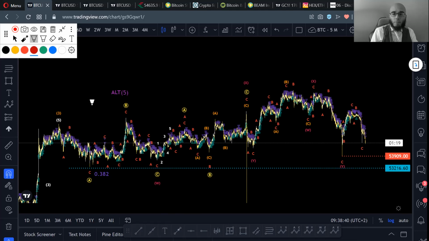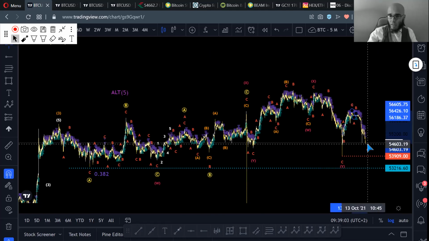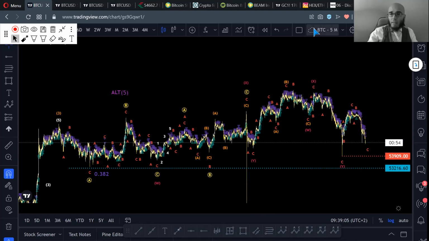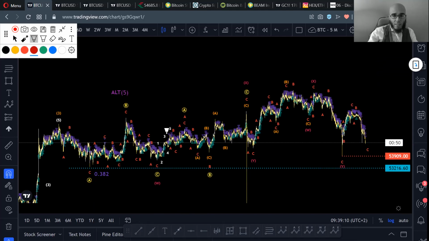So I cannot give you a perfect labeling for that correction. There's one count on the chart right now, and we will talk about that, but I'm not entirely satisfied with that count. But it does not matter, because there is something that I know for certain,